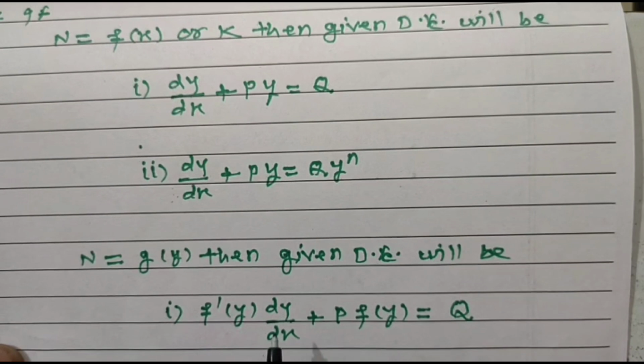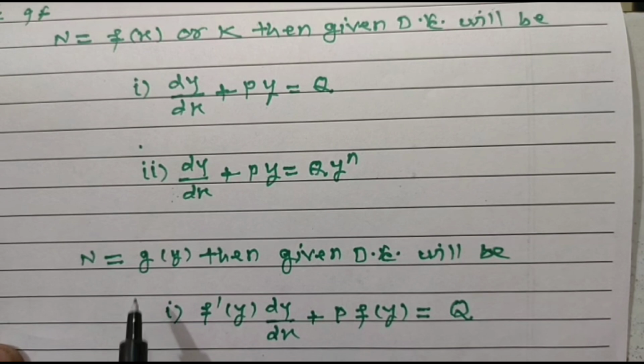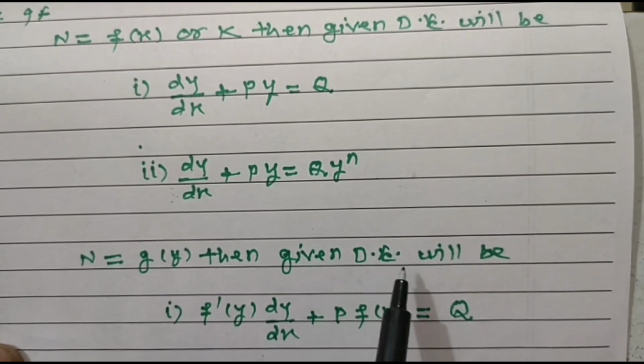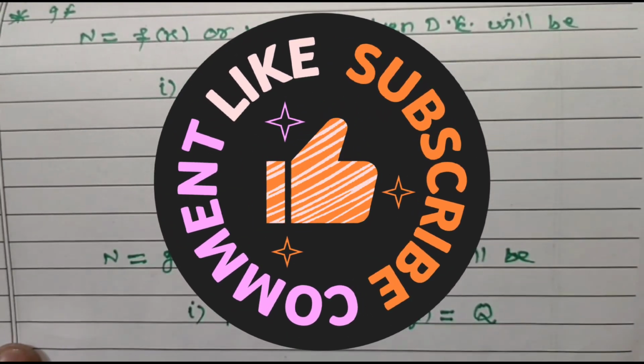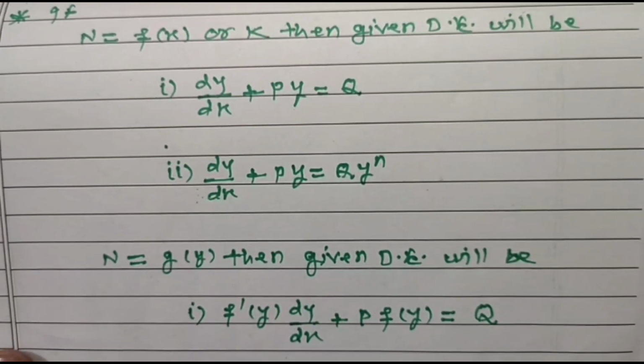तो ये टोटल एग्जैक्ट नॉन एग्जैक्ट की 5 टाइप्स, लीनियर नॉन लीनियर की 6 टाइप्स, यानी कि अलग अलग 6 फॉर्म्स ऑफ गिवन डिफरेंशियल इक्वेशन. तो ये N is purely function of y only. In that case, the given differential equation will be reducible to f dash y dy by dx plus p f of y is equal to q. तो इस तरह से फर्स्ट ऑर्डर फर्स्ट डिग्री डिफरेंशियल इक्वेशन आपको याद रखना है.